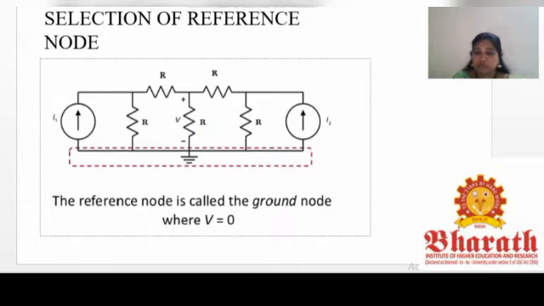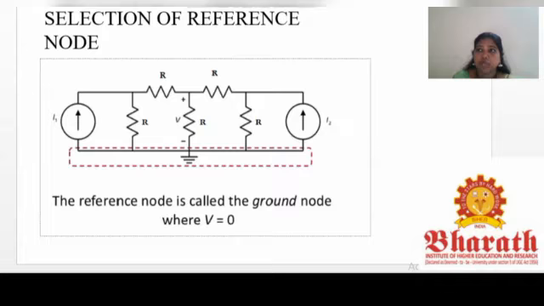See here, this is our ground terminal. From current I1, the circuit current will flow this way and reach the resistance R, and some current will branch into this resistance. Again here the current will flow across this resistance, and half of it will branch into this resistance R. Again it will flow through this resistance R, and some current from I2 also flows. For all these currents, the return path will be across this line.